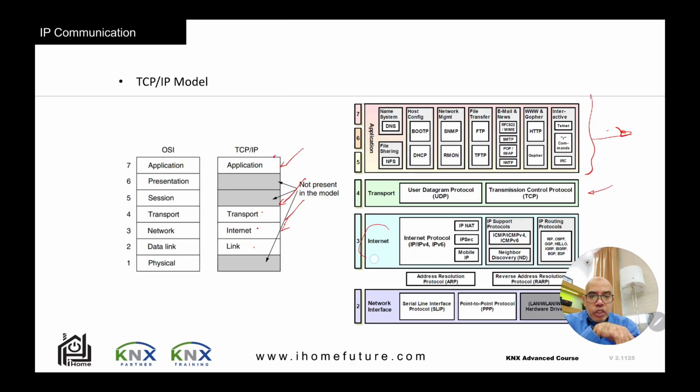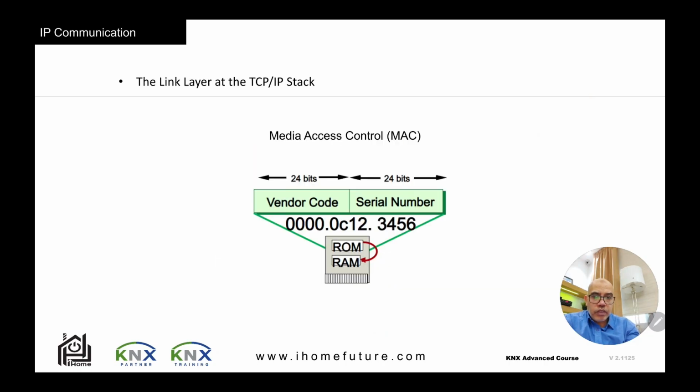The internet layer is responsible mostly for the addressing, so you have the IPs, you have the communication, you have the routing. This is where the routers and switches are playing around. And on the physical layer, in our case it's the link layer, we're talking mostly about the network interface with the physical layer itself. Here we talk about the MAC address in the link layer